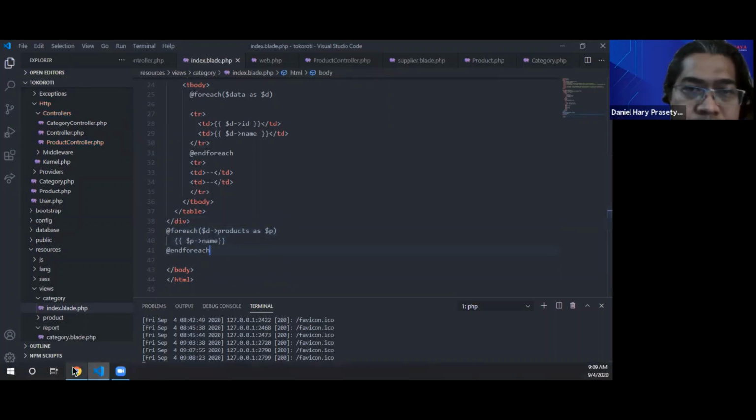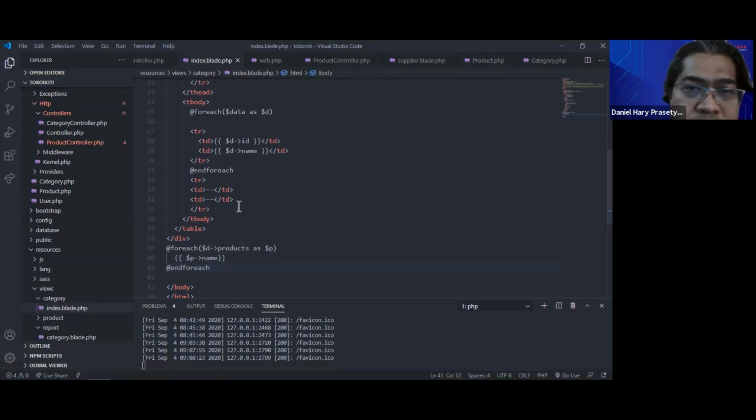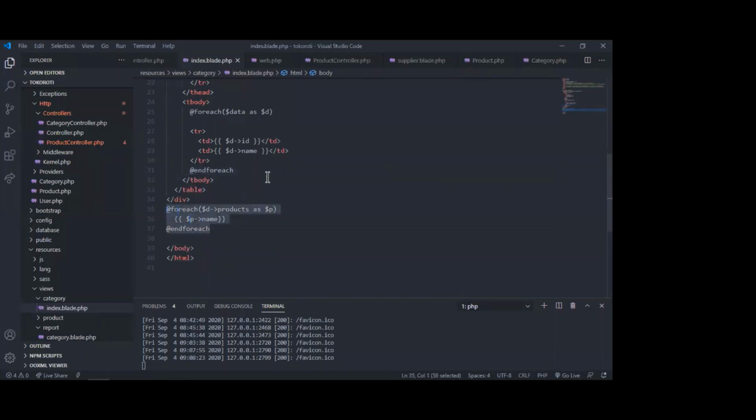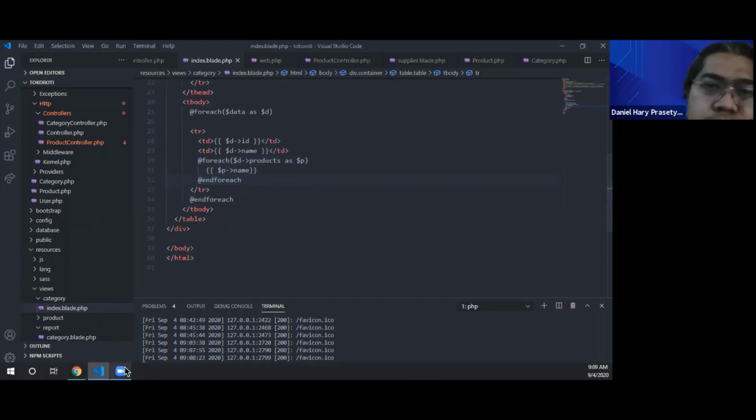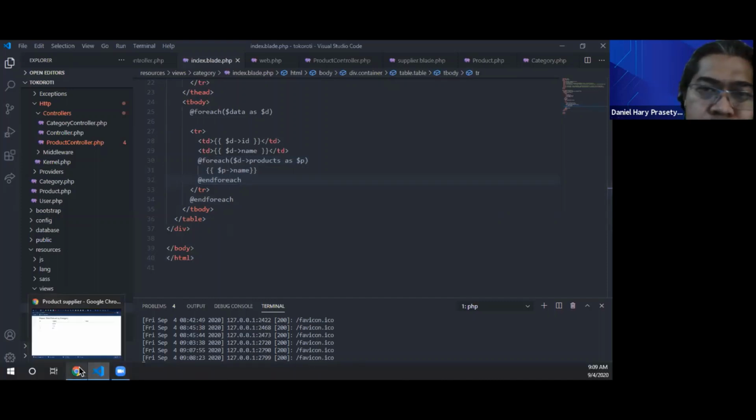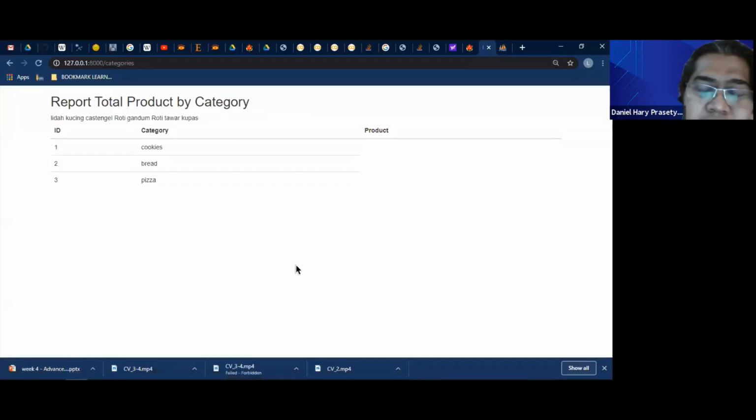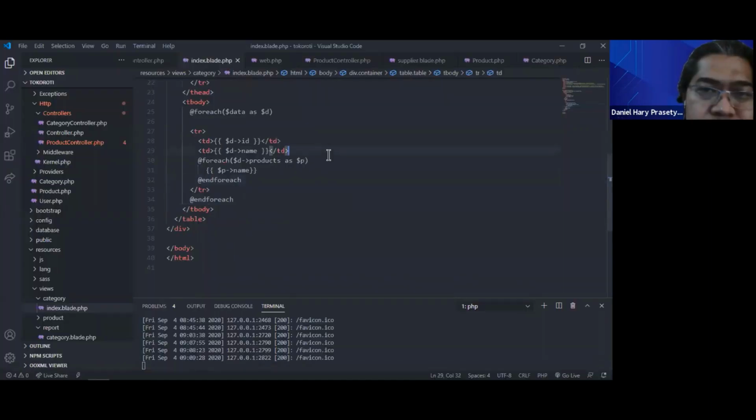You should put it nested in the foreach, like this one. Yes, inside the looping. Yes, good. But you have to create the TD first. Create it in the table.